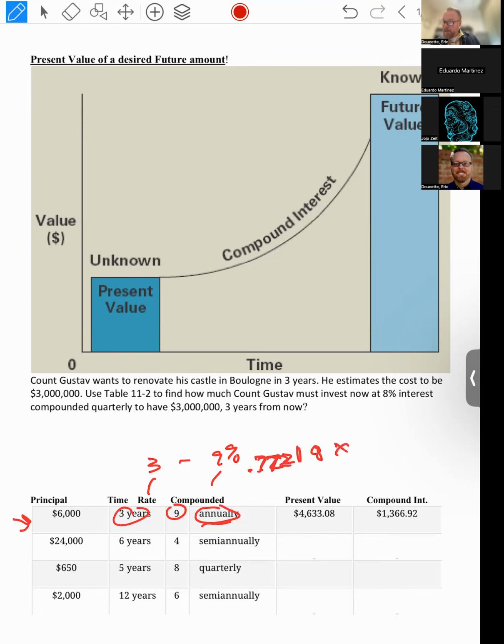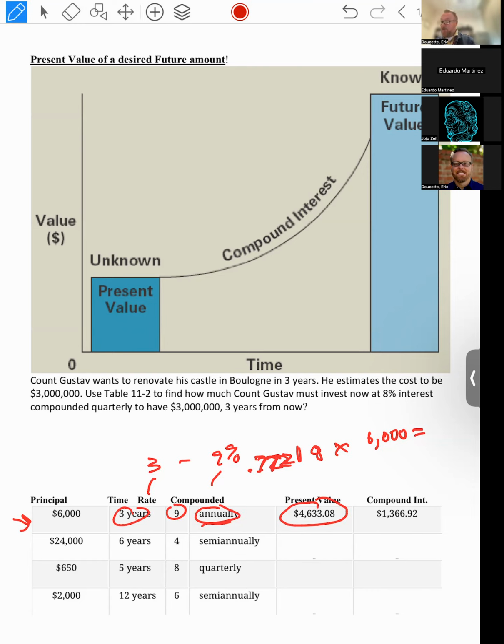If I multiply that by my 6,000 that I'm hoping to have in 3 years, it should give me exactly what it says there, 0.77218 times 6,000 equals $4,633.08. That's how much money I need presently in order to have 6,000 in 3 years at 9% interest compounded